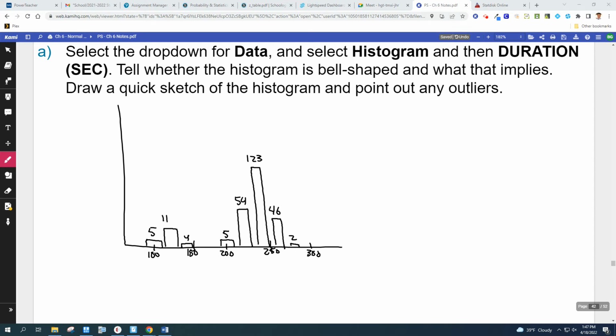It's pretty good. I don't think I really need the numbers over on the side because I've got the numbers on top of the bars. 5, 11, 4, 5, 54, 100. Okay, so again, tell whether the histogram is bell-shaped and what that implies. Well, it's kind of bell-shaped over here,